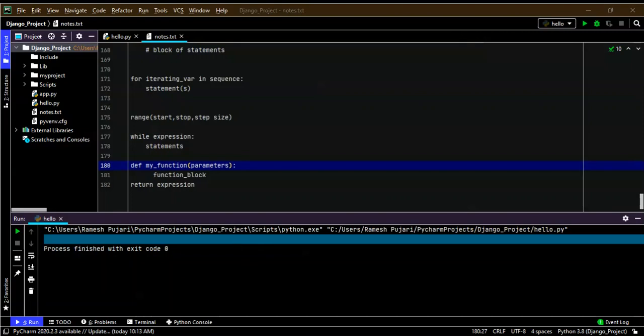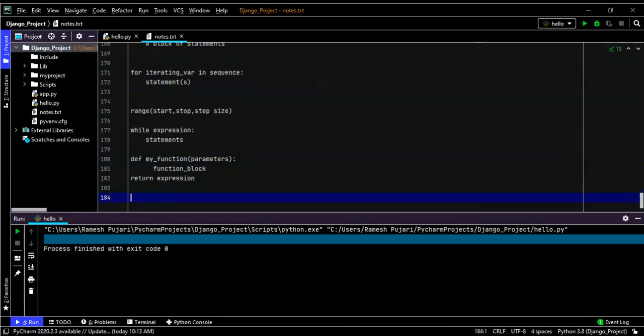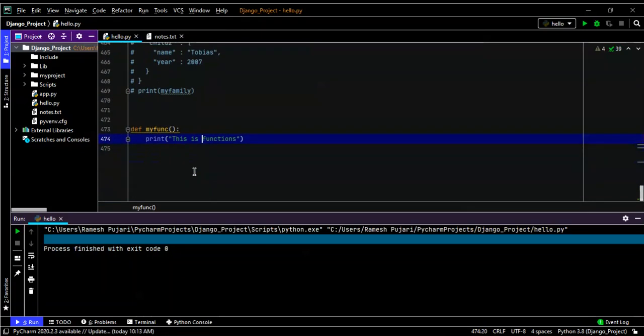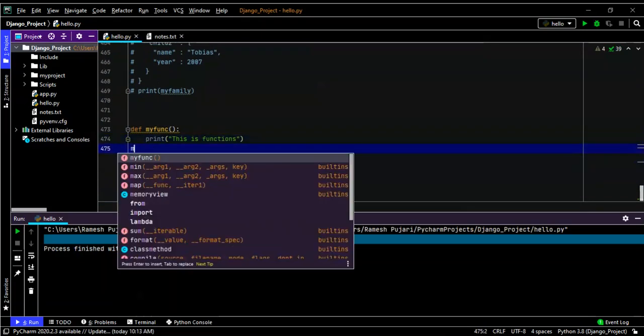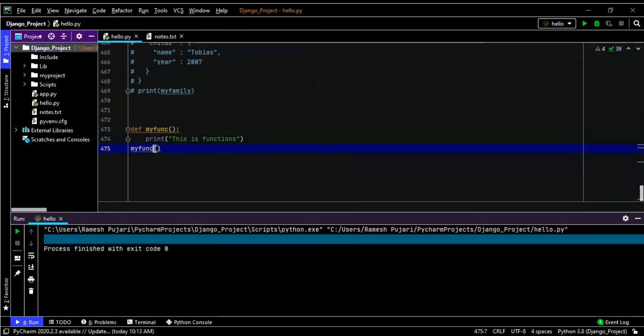To call a function, we use the name that was defined as the function name, and we call it with the help of parentheses. So this is the syntax of calling. Here I will show you, this is my function name. Now I will call this function with the help of parentheses. So if I use this, this is the calling of the function. Now in this example I will call this one. So this is my function, and I am calling my function.